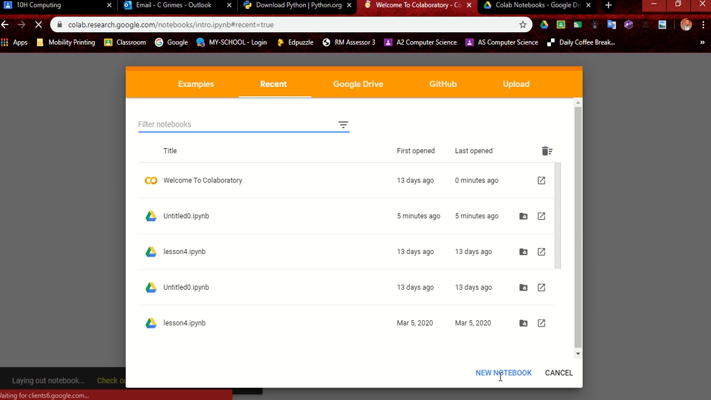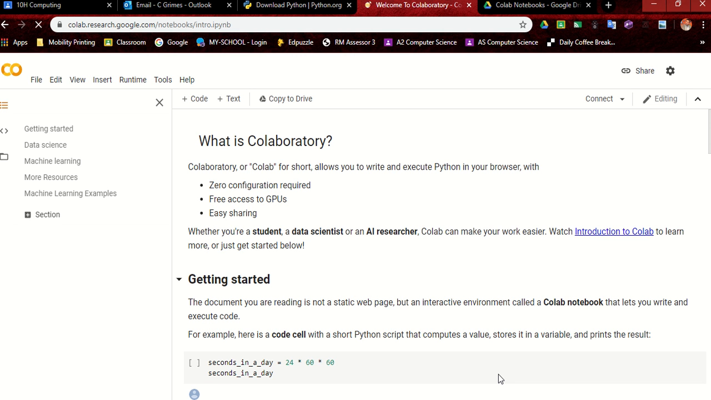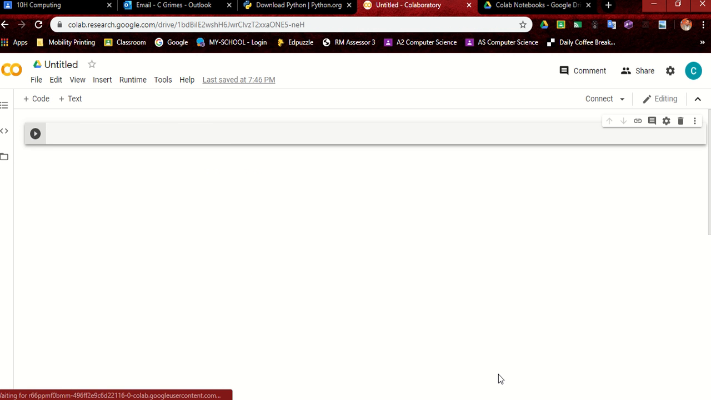So I'm going to choose a new notebook. And this behaves just like a Python editor. So it's loaded. The first thing I'll do is give it a name. Let's test. And you can start